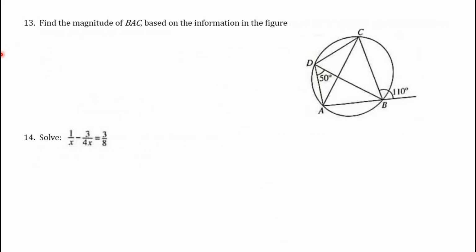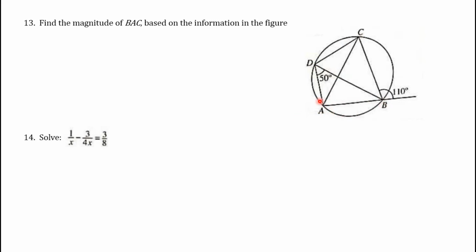Question number 13. It says find the magnitude of BAC, that is this angle BAC, based on the information given in the figure. Now we will have to apply some geometrical theorems to find BAC. So this is the angle that we should find. So if you see these two triangles, the bases are the same. If you see the triangle ADB, the base is AB, and if you see the triangle ABC, the base is